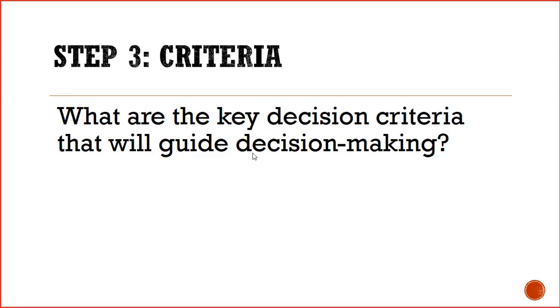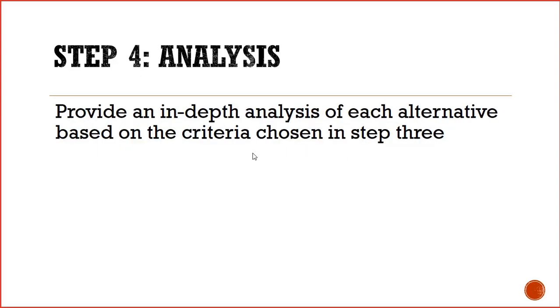See, layer by layer, it's a kind of peeling the onion. First you are knowing the problem itself, then you are identifying the root cause, then what the alternatives are, and then you are formulating the theories and concepts behind it. These are the criteria. Then analysis. So alternatives are there, criteria are there, theories are there. Now in-depth analysis is done for each of the alternatives, and each of the criteria is laid out. What could be the solution regarding it? What could be the pros and cons? And you are producing the plans, plan A, plan B, plan C. This is the way through which you are moving ahead.